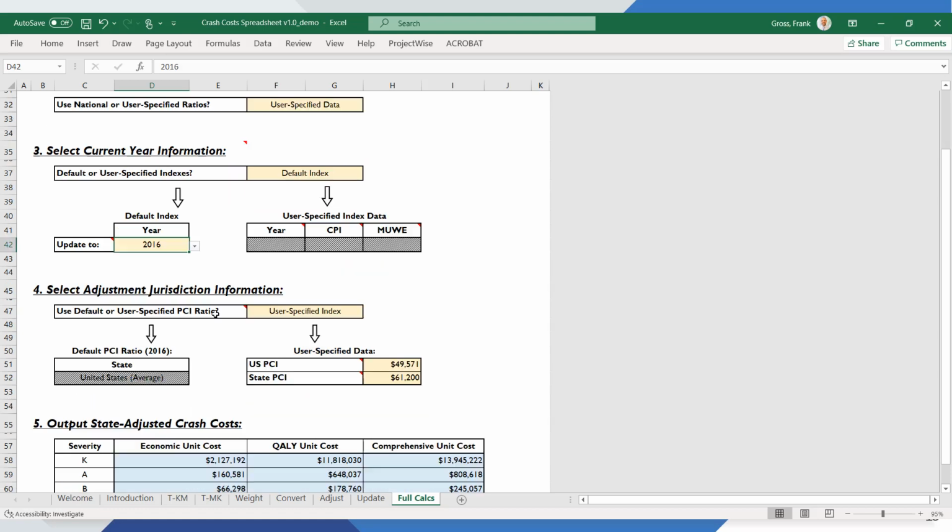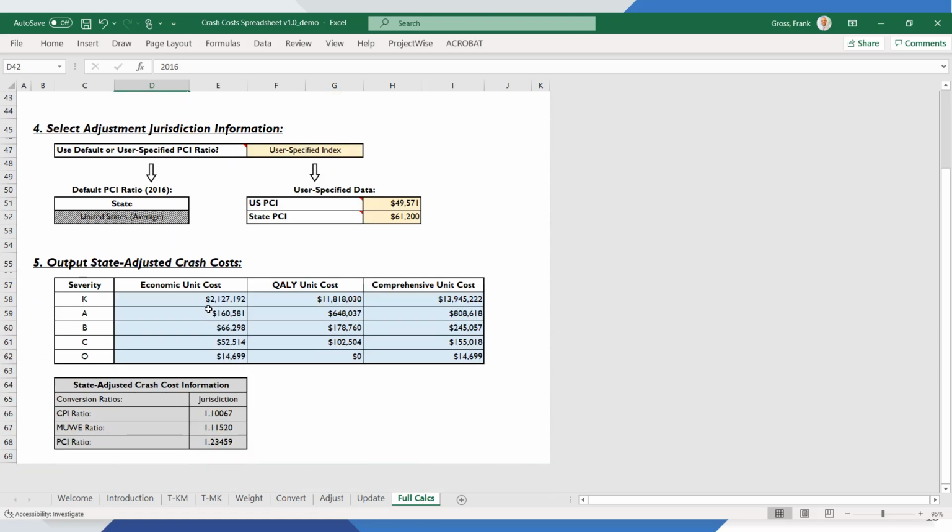Step 4 is to adjust the national crash costs to a state. We'll select User-Specified Index and enter the hypothetical state's 2016 PCI from the prior example, $61,200, and the national PCI of $45,971. If you already have the PCI ratio itself, for example, 1.23456, you can also enter that value in the state PCI cell and a value of 1 in the national